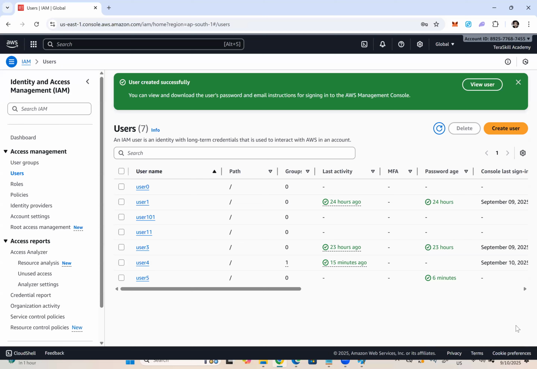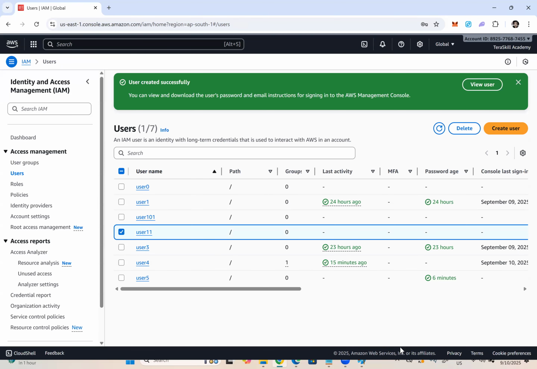Now, what happened here? I created user 11, right? And I assigned administrator access permissions, but we did not provide any access type. In a simple way, I can say, okay, your parents allowed you to go on some trip, but you don't have any mode of transport for traveling from your home to the picnic spot or somewhere. You got full permissions like administrator access, but you don't have any access type